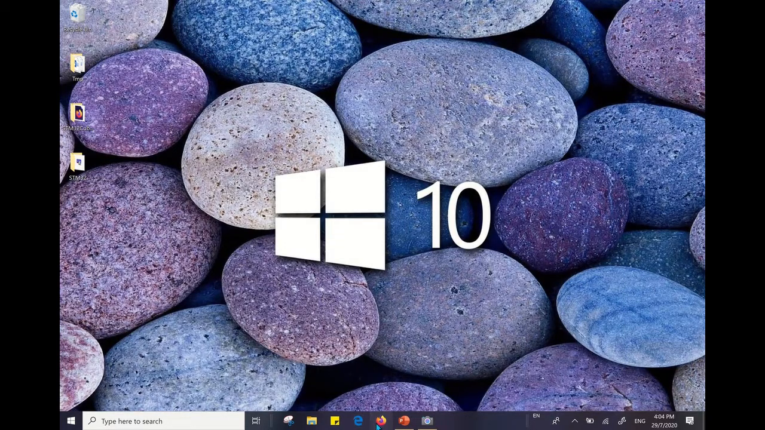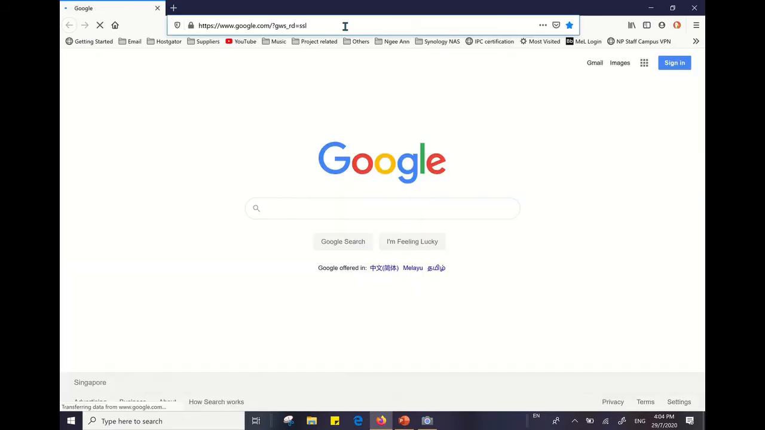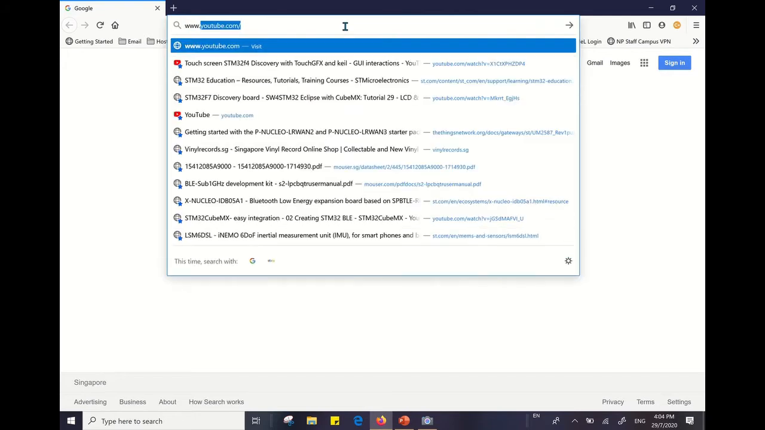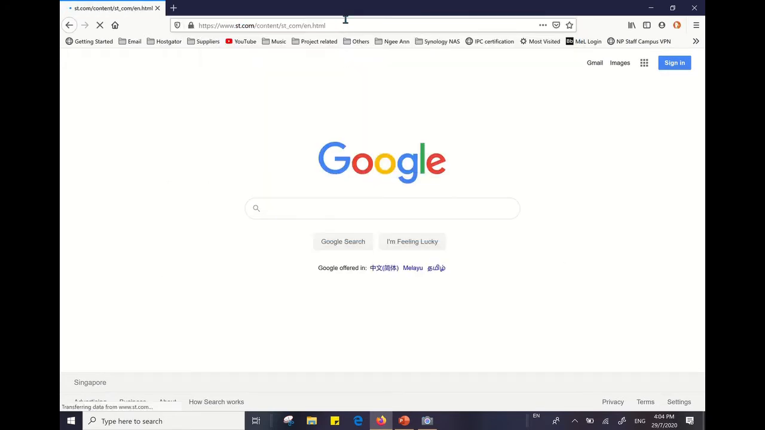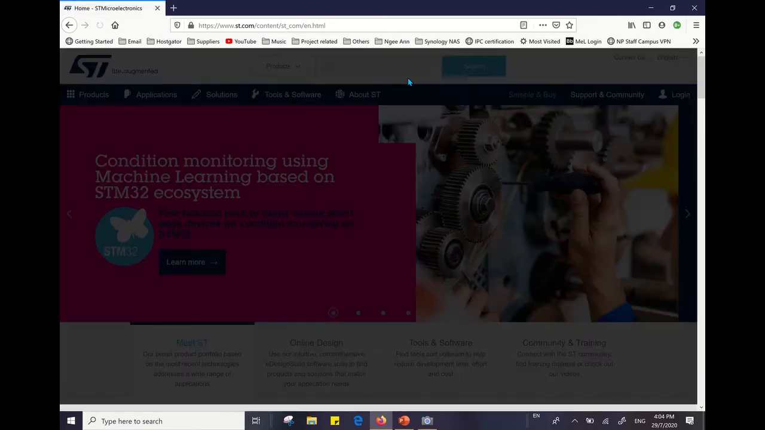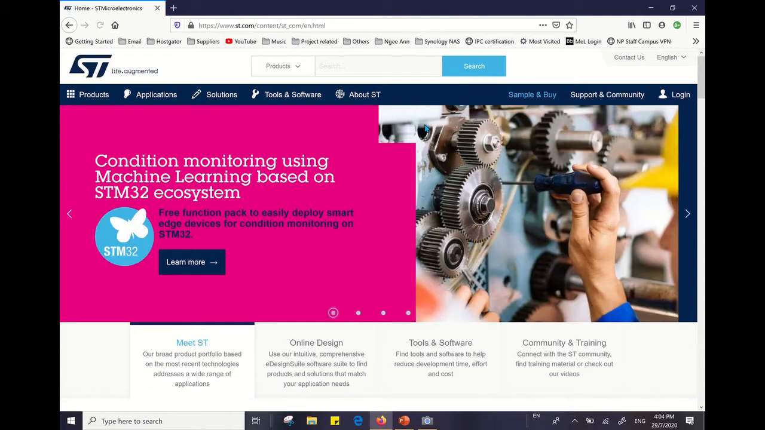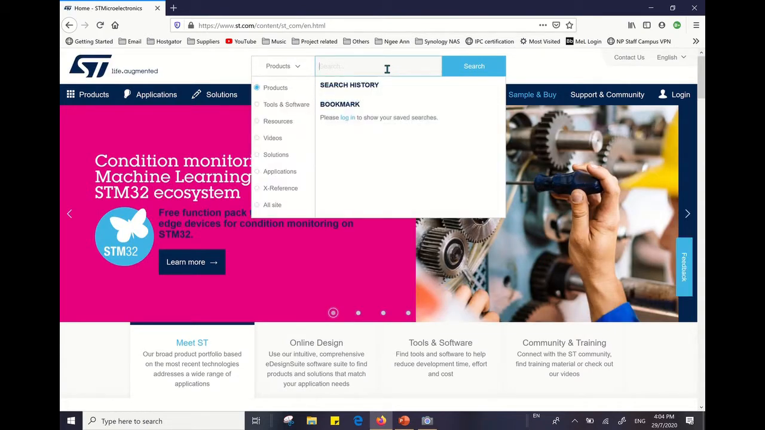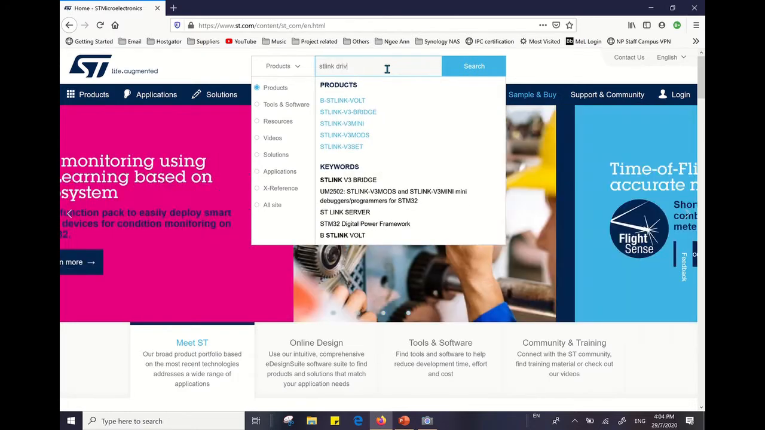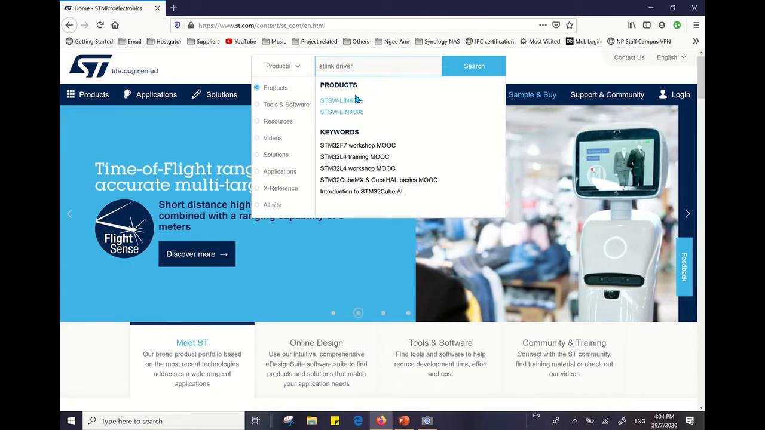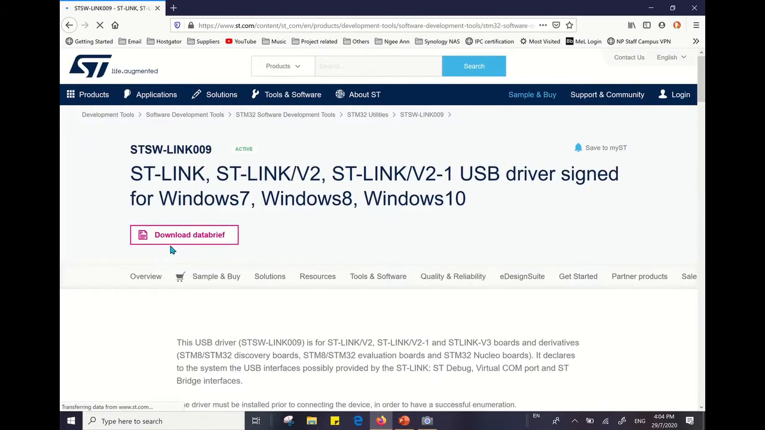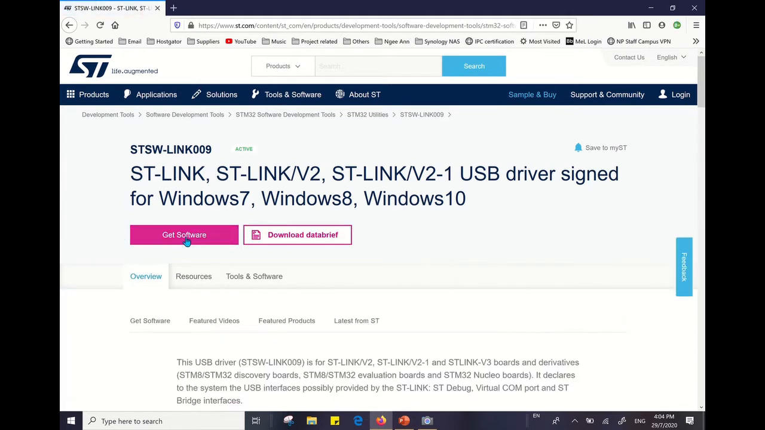Okay, so the first thing we need to do is go to the STM website, www.st.com. We need to download the driver for the Nucleo-64 board. So we call this the ST-Link driver, and it's actually STSW-LINK009. Click on get software,